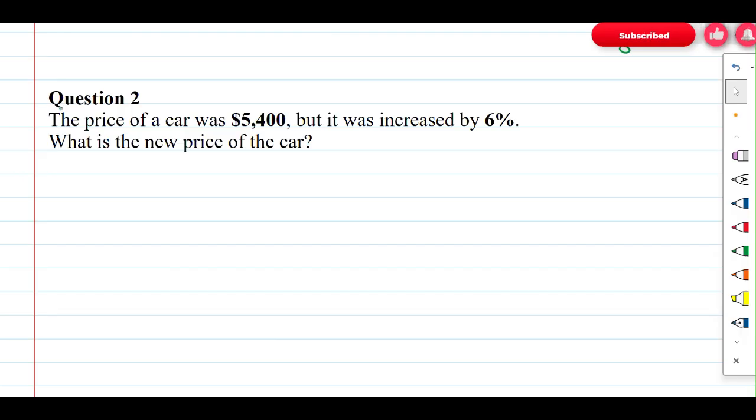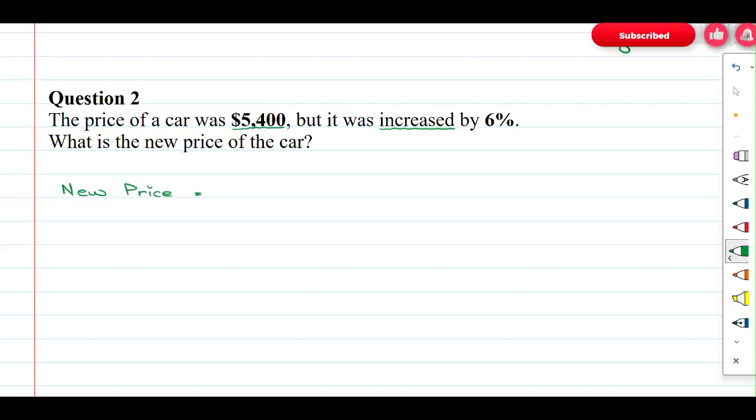Okay, now another question, number 2. The price of a car was $5,400, but it was increased by 6%. What is the new price of the car? Okay, so to figure out the new price,